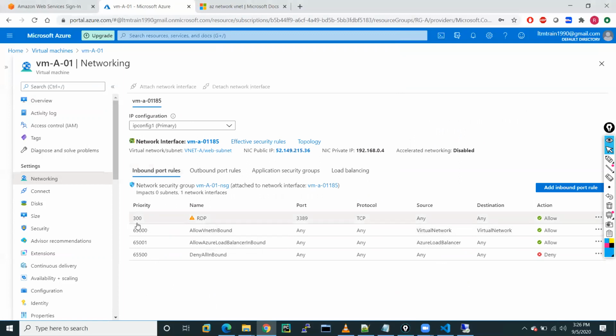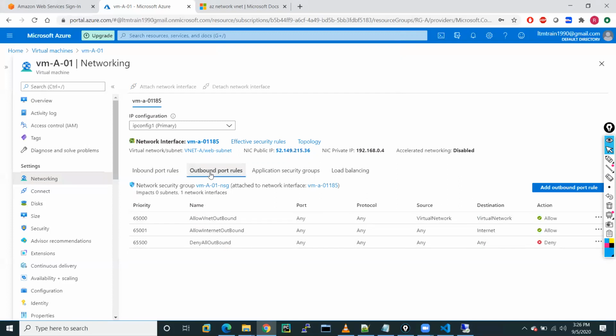Generally from outside towards this machine, we have allowed RDP. These are the three default rules. These are the outbound rules. So from this machine towards the internet, everything is allowed. See, it was internet, and one virtual network with another virtual network.